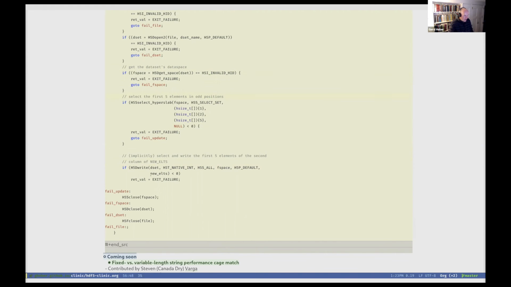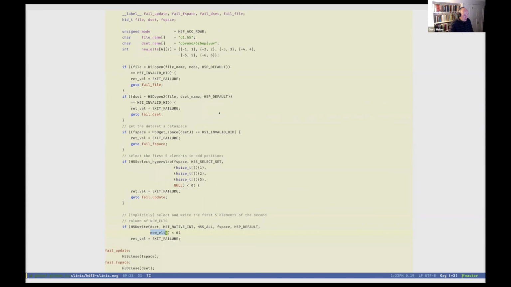But I'm drawing my elements from this 2-dimensional array, new elements. Maybe I can scroll this a little bit so we see both. Just as a reminder, my new elements array was this 6 rows, 2 columns array, and that's where I'm drawing my values from.